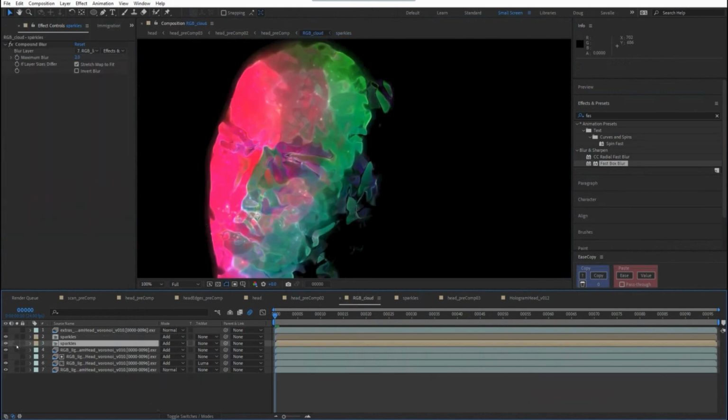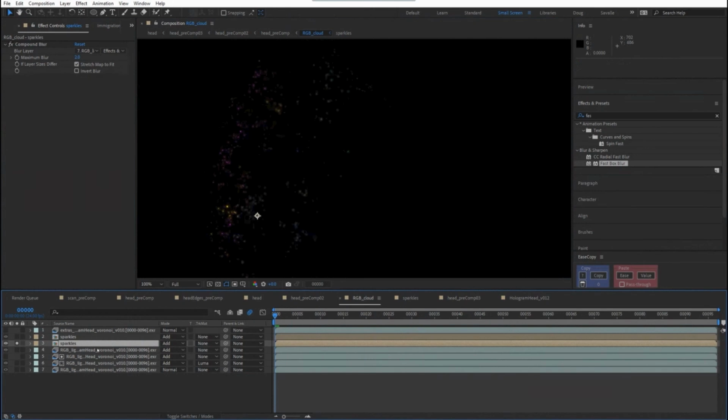And when we go back to here, we have two different versions of this. So this one has a compound blur. Compound blur is great because it's essentially a simple blur, but you can plug a blur layer into it. So if you didn't want to use camera depth or camera lens blur to use a depth matte, you can use a compound blur. You don't have nearly as many settings. It's a little simpler, but you can plug in a blur layer.